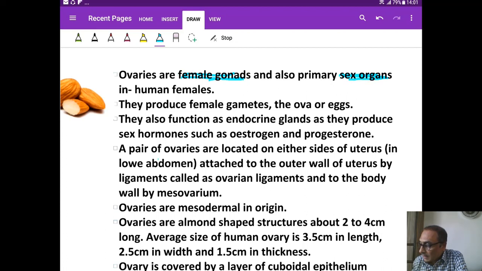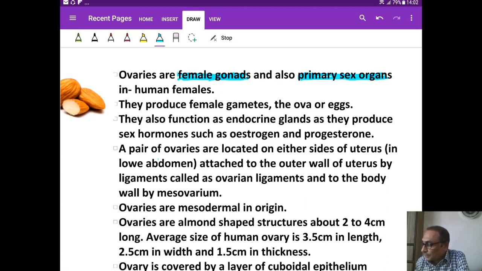Gonads are the organs which produce the gamete. So female gonads, ovaries, produce the female gametes called the eggs or ova, and we call it the primary sex organ because it is responsible for production of the female gametes,